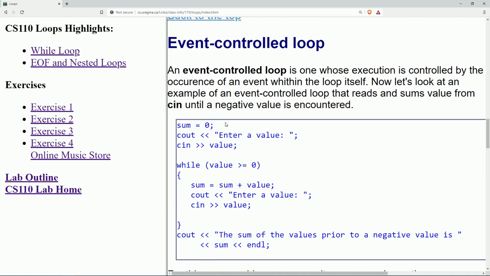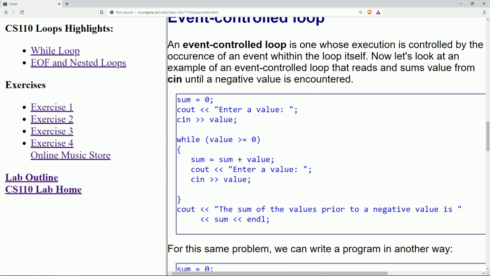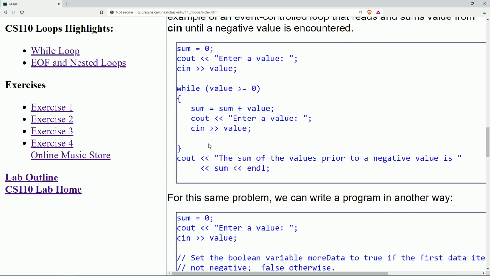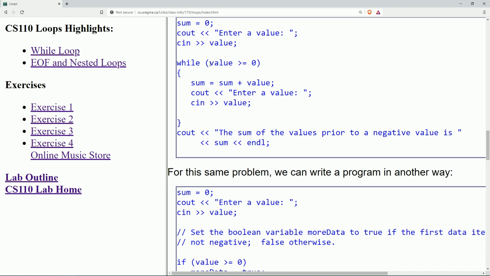An event-controlled loop is similar. This kind of loop is one whose execution is controlled by the occurrence of an event within the loop itself. If we look at this example, we have an event-controlled loop that reads the sum of values from cin until a negative value is encountered. So we have sum equals 0. We enter a value here with cin. If this value is greater than or equal to 0, so if it's positive,